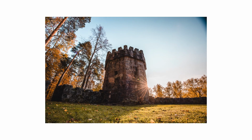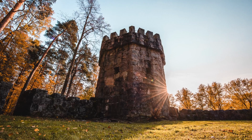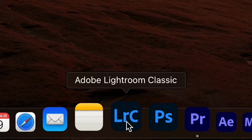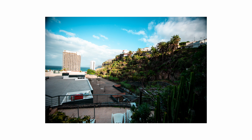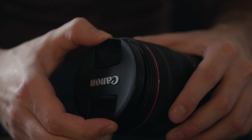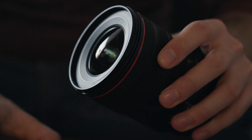The lens has a lot of vignetting at the widest focal lengths. For videos, it does get cropped out because of the aspect ratio, but for photos this is an issue. It's an easy fix either in camera or in post, but the vignetting is very bad. It might even be the worst I have ever seen on any lens. Basically, the corners of the image will be completely black at 14mm, so if you want photos without vignetting, you aren't really looking at a 14mm lens, but more of a 16mm, which sucks because this is a